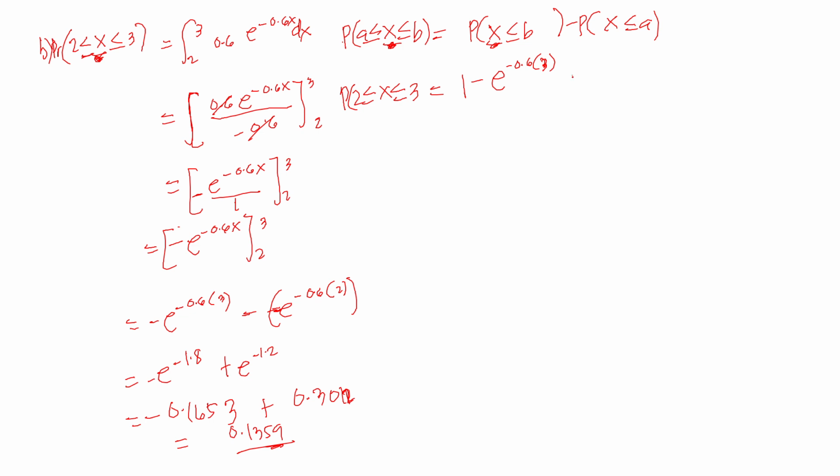and minus 1 minus e raised to negative 0.6 times 2. So 1 minus e raised to negative 1.8, then minus 1 minus e raised to negative 1.2. So 1 minus e raised to negative 1.8, that is equal to